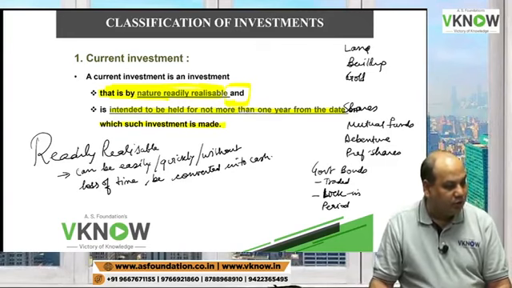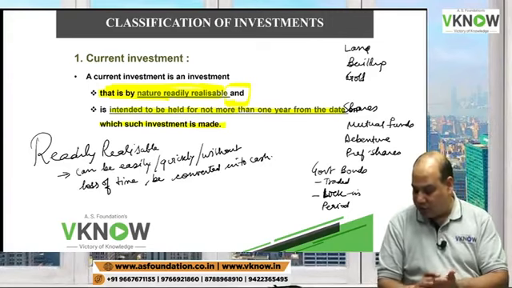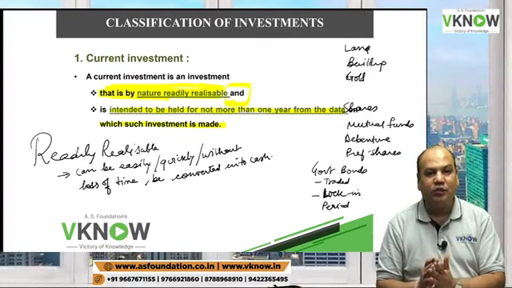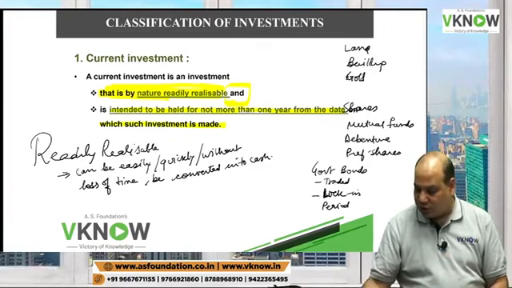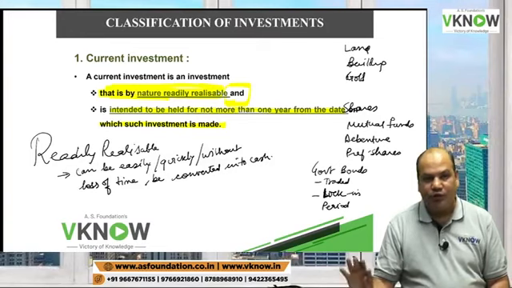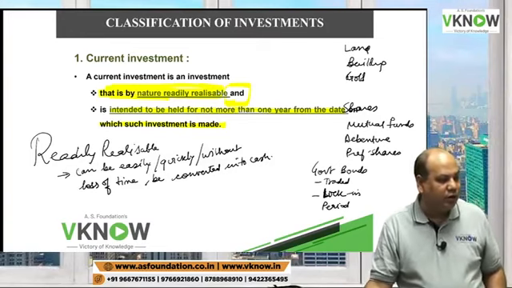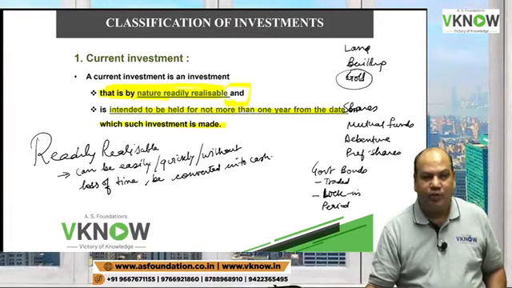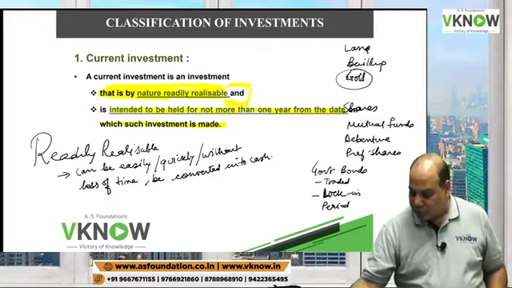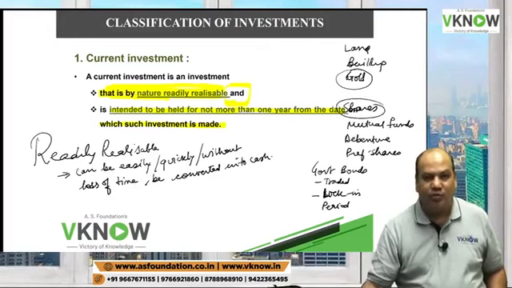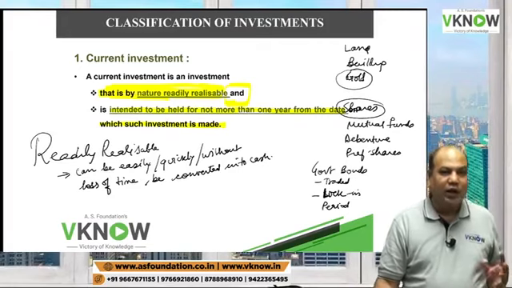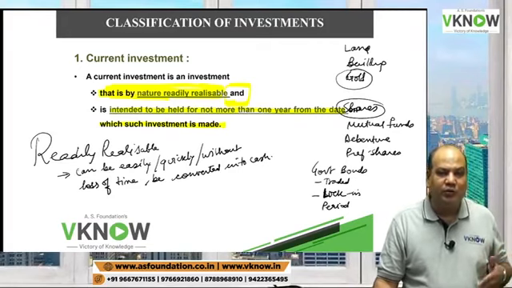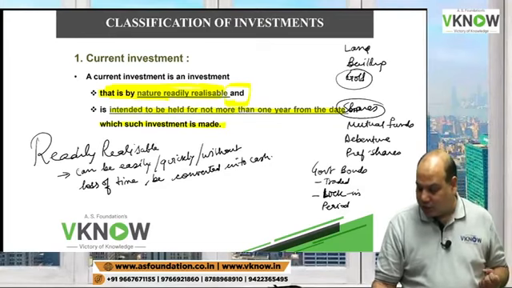One student is saying which are highly liquid investments which are readily realizable or converted into cash. Where have I written highly liquid investment? It should be easily convertible into cash. Highly liquid is not necessary. Yes, it should be liquid, but very high liquidity is not required. For example, gold may not have very high liquidity, but it is liquid. Shares may not have very high liquidity, but they are liquid. They should be readily realizable.